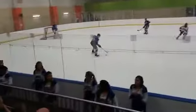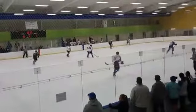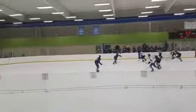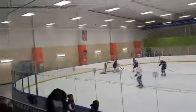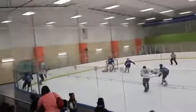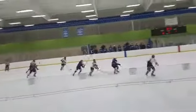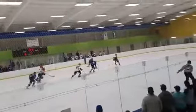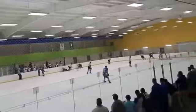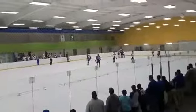Lindsay's got it, sends it over to Cox, D-to-D pass. Cox looks for the outlet man. A little bit too hard and ahead of him. Evansville comes up with it. He's got another one. He's got a one-on-one. He's going to send it over to... he lost it. And then he got smacked into the wall. They're going to call a penalty on Evansville for a boarding against...